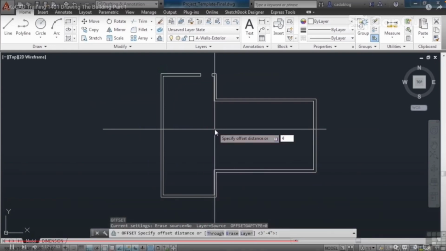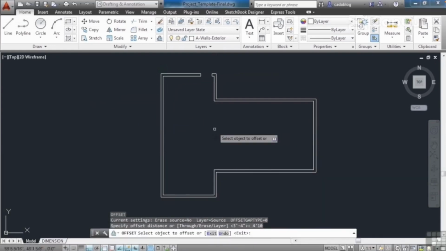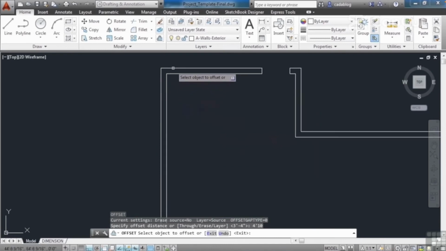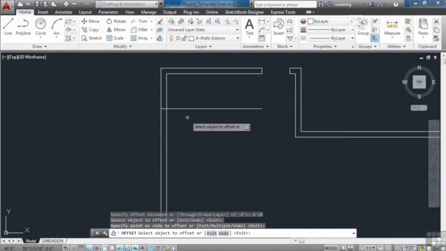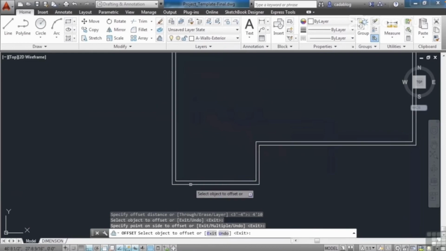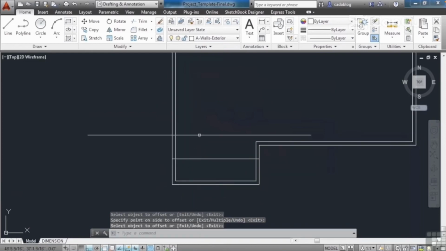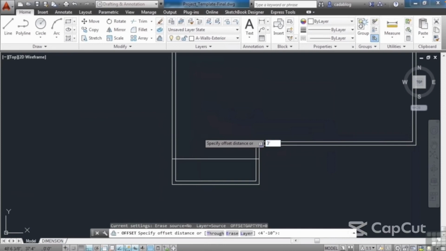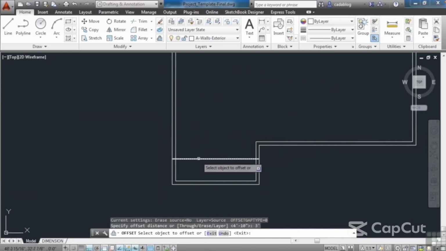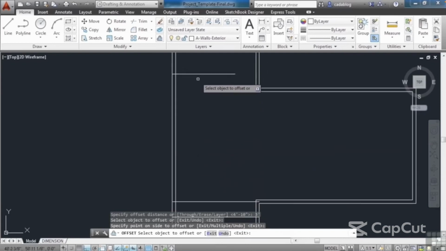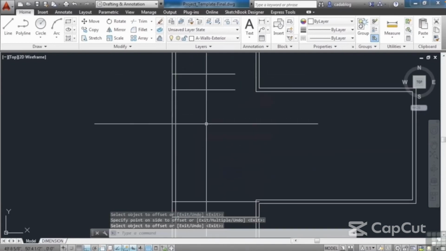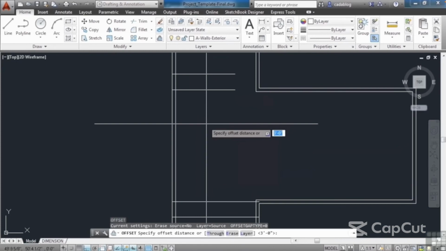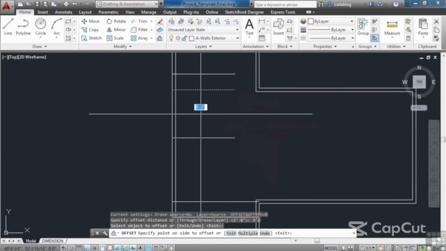Let's offset 4 foot 10 inches. I'm going to go from here down. I'll go from here down as well, or here up. And now we want to offset again for 3 feet. Put a 3 foot window in here and one in there. Now one more window about this wall, and we're going to make it 9 feet 2 inches away from here